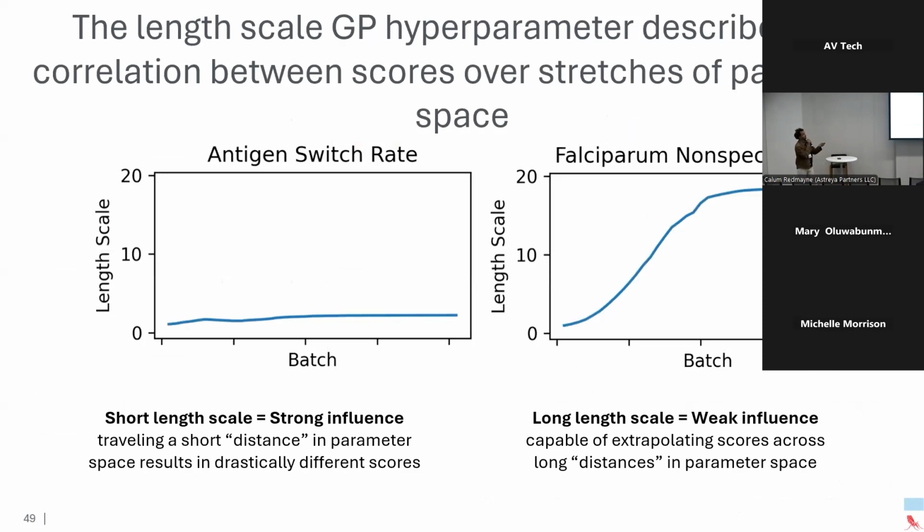A little more info. Aurelian just briefly mentioned this, but the Gaussian process model that we fit has a hyperparameter called the length scale, which gives us a little bit of information about the correlation between the parameters and the objectives. Here, just as an example, I'm showing two and their correlation to that overall score y. A shorter length scale, like we see on the left for the parameter antigen switch rate, you could think of